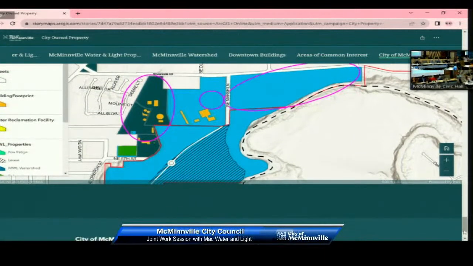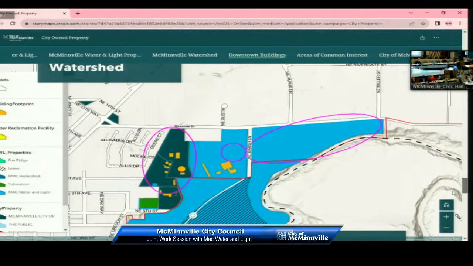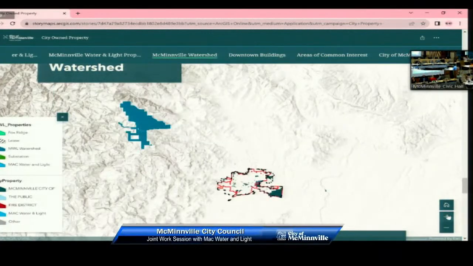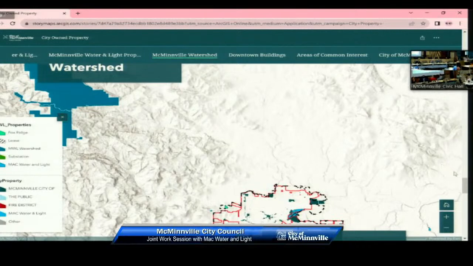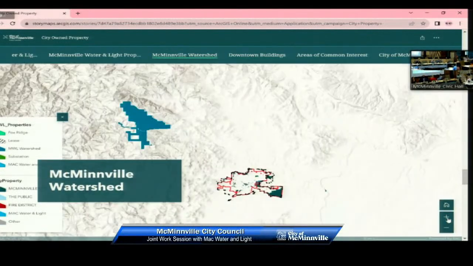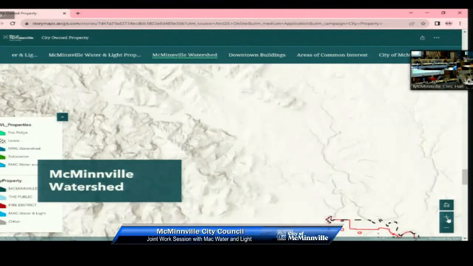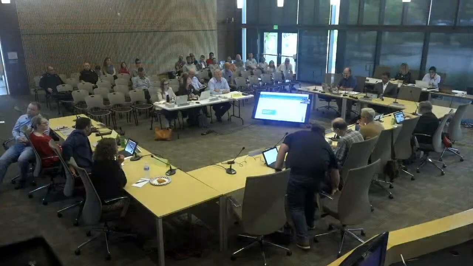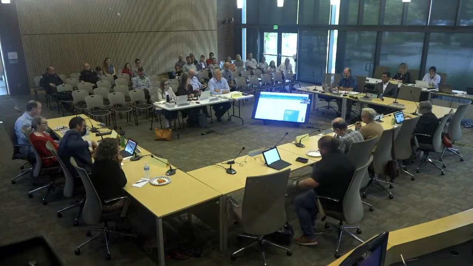Yep, I think that's everything. So like I said, we can go back to any of those, zoom in, answer questions, have dialogue. Yeah, let's do that. First, Mr. Dietz, is there anything you'd like to generally add on the water and light side of things, especially for the council's benefit and the benefit of the public that's here today?